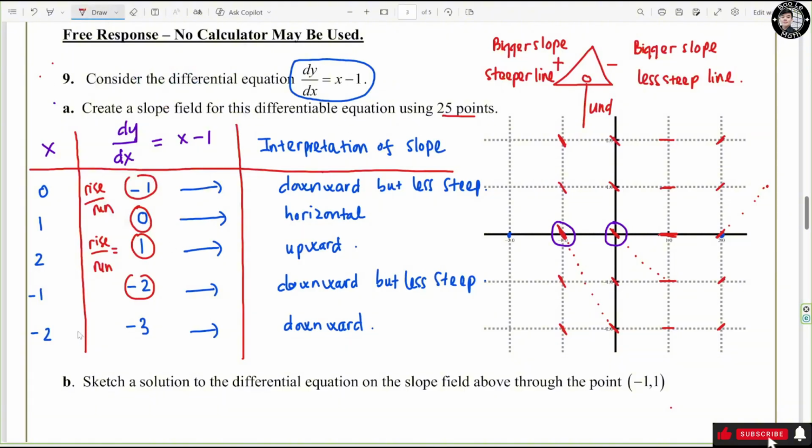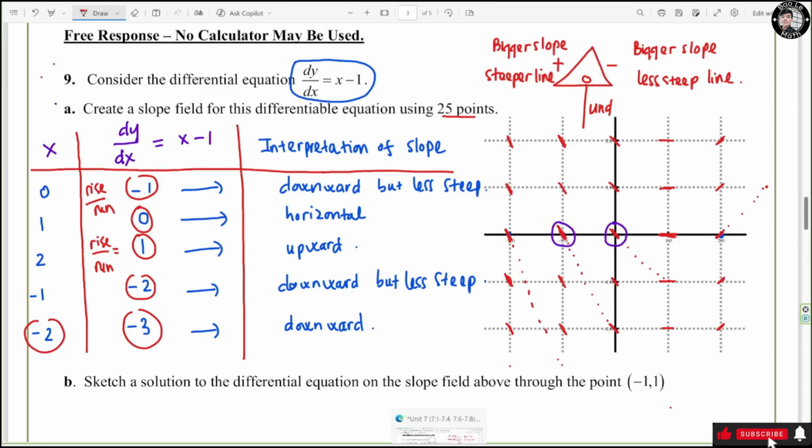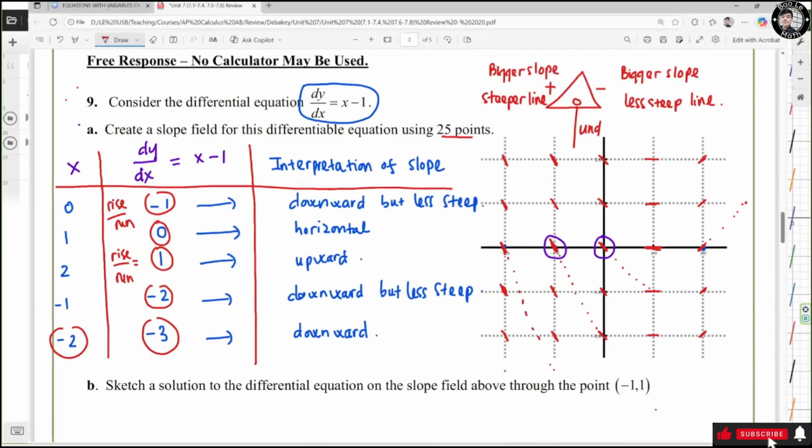Now the last one, s equal to -2, so this one right here, the slope is -3, right? So rise is -3, right? So you go down by 3, go to the right by 1, right? 1, 2, and 3 right here. So 1 right here. So if you use the guideline right here, the line should be like this, steeper, right? This guy is steeper than this guy is steeper than this guy, right? Now, if you use decimals to check your work, it's gonna be something like this.